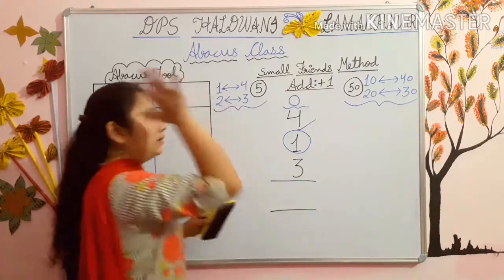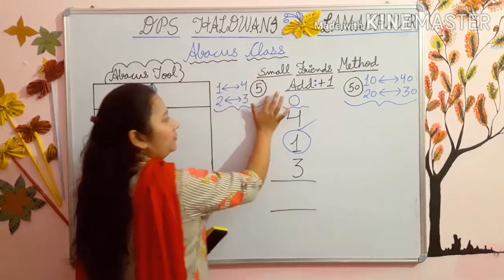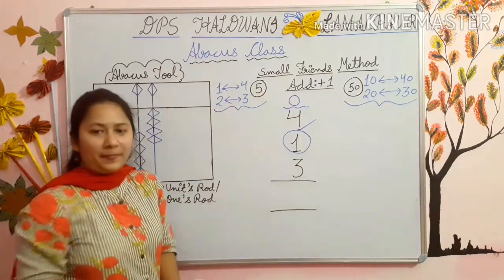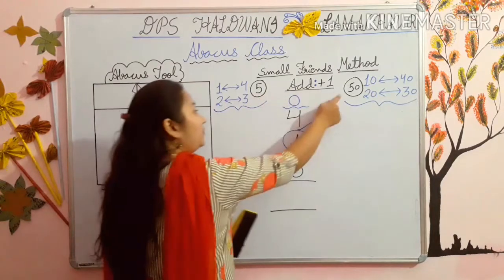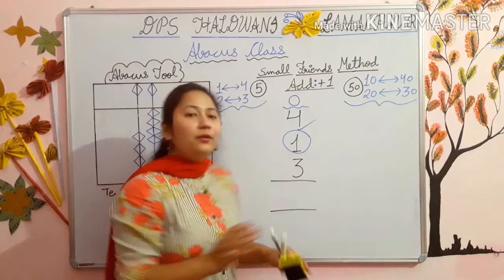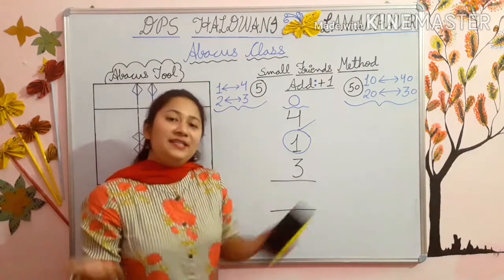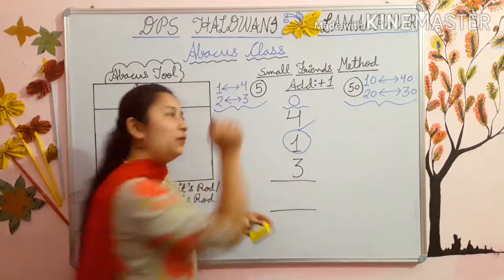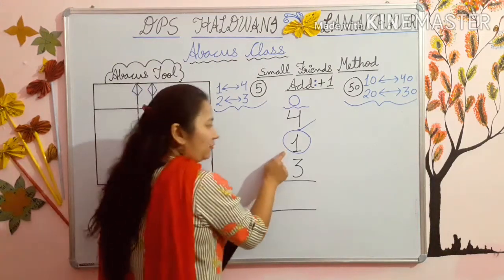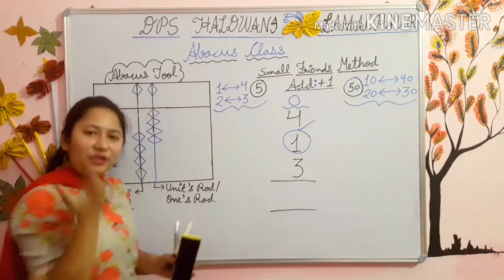Just remember. First of all, see, with these friends I have written this 5, and with these friends I have written 50. Now why I have written this 5 and 50? Because before taking the help of friend, you have to add them. Yes, अपनी फ्रेंड से हेल्प लेने से पहले आपको इनको ऐड करना है. Yes, now 1 you have to add, but the beat is not there. So what you will do?